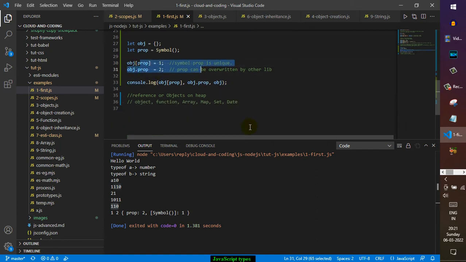Okay, so we have printed that object as well, prop2 and symbol 1. So symbol basically is a unique property for the object, and nobody else can override this property because it is unique, and that is the main reason why they introduced symbol, because earlier people used to override the properties in an object. With symbol it is not possible because they are unique. Okay,